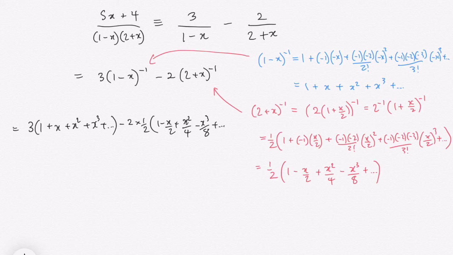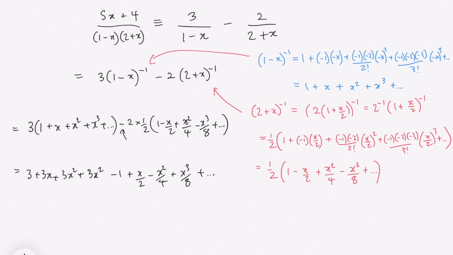Now it is just a matter of collecting like terms. Let's do this step by step. It's 3 plus 3x plus 3x squared plus 3x cubed. 2 times a half is 1, but we have a minus here, so this is minus 1 plus x over 2 minus x squared over 4 plus x cubed over 8 plus higher order terms,